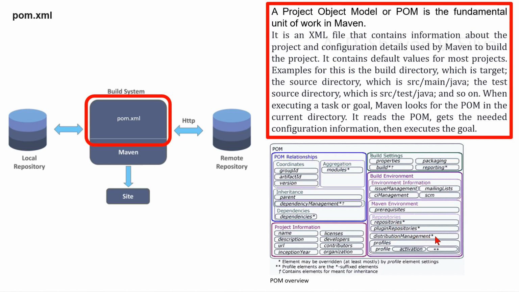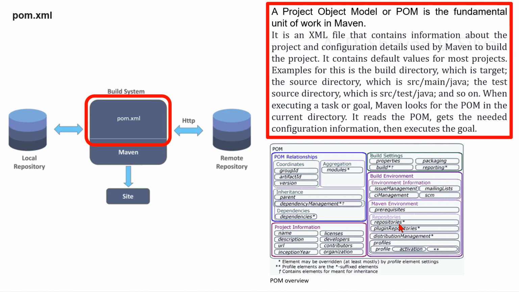Distribution management. Distribution management acts precisely as it sounds. It manages the distribution of the artifact and supporting files generated throughout the build process, starting with the last element first. Repository. Whereas the repositories element specifies in the POM the location and manner in which Maven may download remote artifacts for use by the current project,